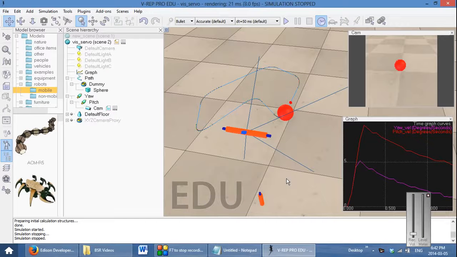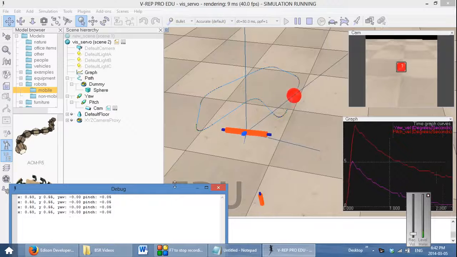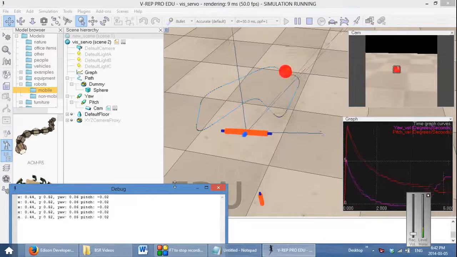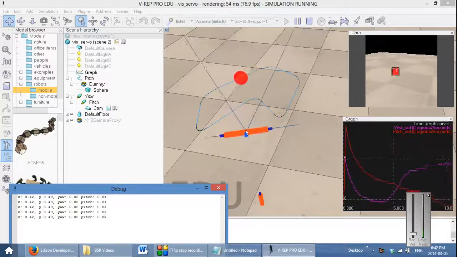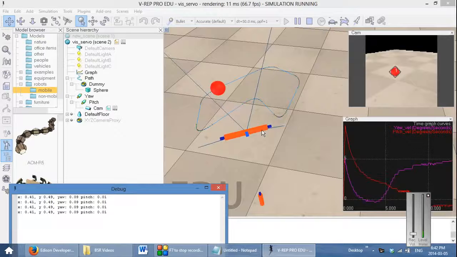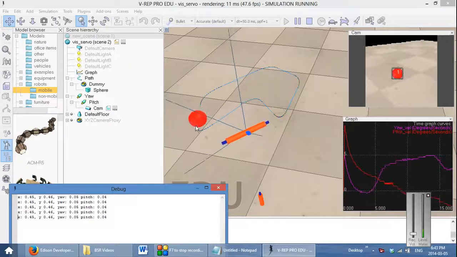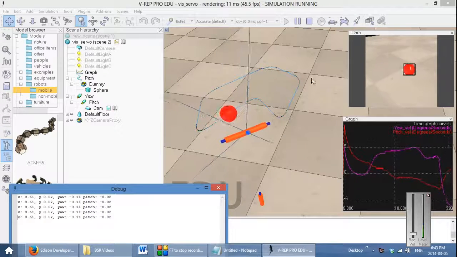Hello and welcome. Today I will show you how to implement a simple visual servoing control scheme. Visual servoing is the practice of controlling a system using camera information as feedback. In this particular video, our system is going to be a 2 degree of freedom pan tilt camera. Our target, which will be detected based on its color, will move along a path in our